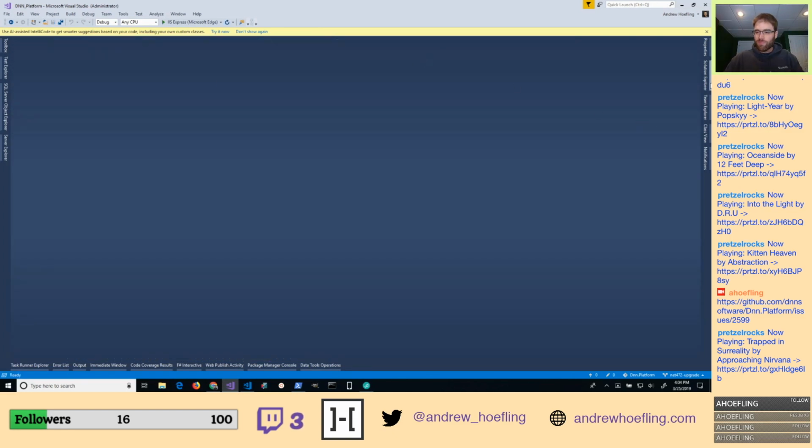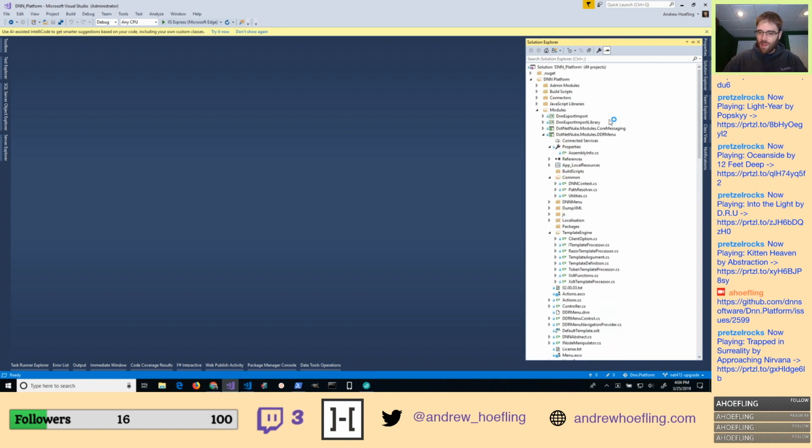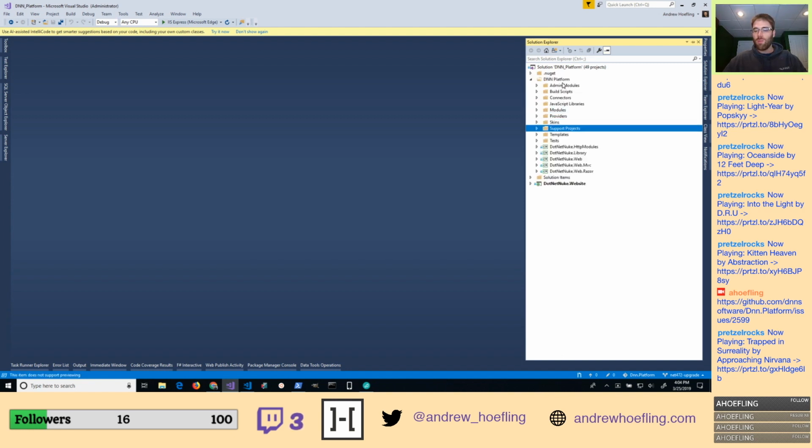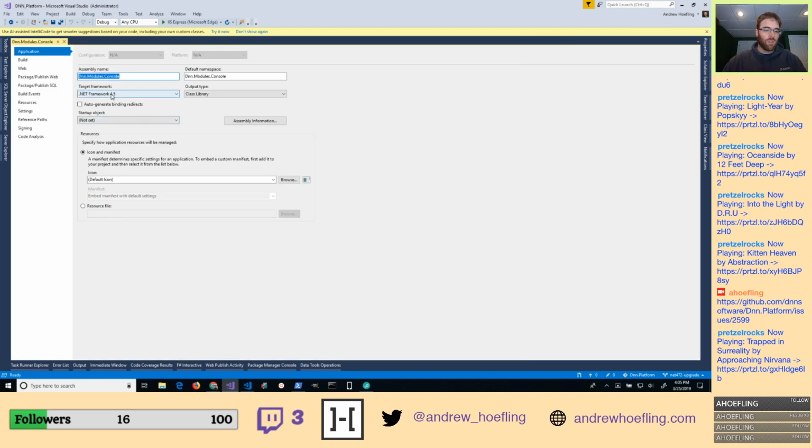The thing that I really like about working in DotNetNuke is it really reminds me of my time that I spent in enterprise, because there's so many projects here, and there's just so many moving parts. Keeping it all straight can be difficult. So what I need to do is go into every single one of these projects and upgrade them all to 4.7.2. So we could just come in here and update, and